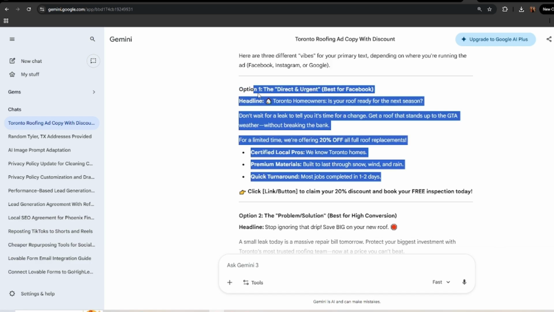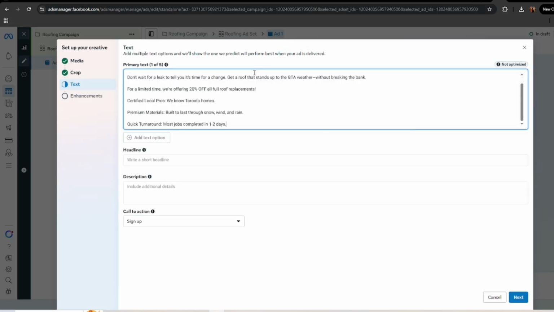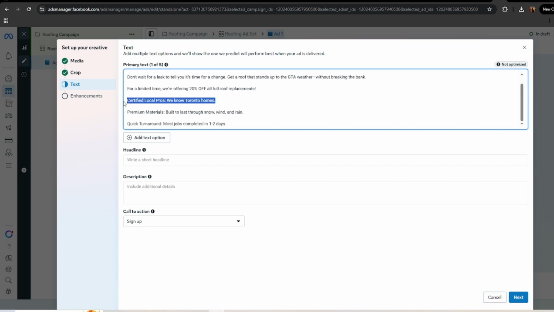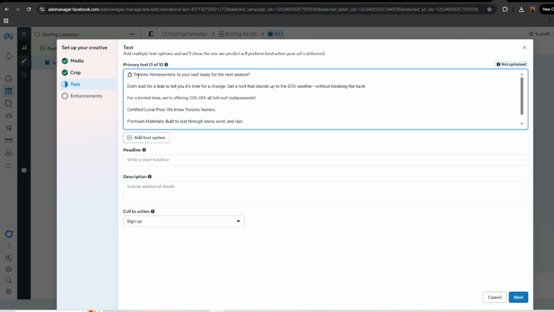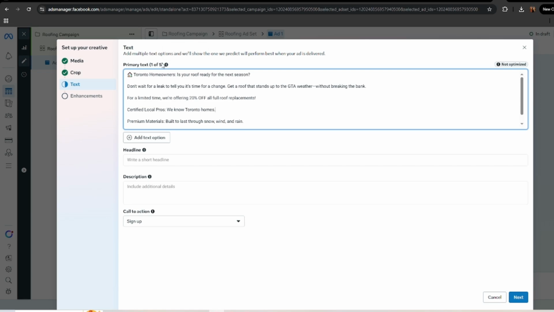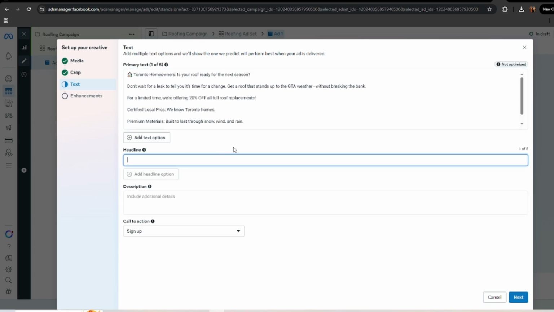You can ask them to just create this type of copy, and I usually like to edit it myself. So after I get this in, I just make some tweaks, and it usually performs really well. And you can make primary text that scales, A/B test it, see what's up. So for the headline, I usually like to do some type of offer. So even if it's just a free estimate, right? Put that in, right? Get your free estimate. Or even if it's something like 20% off roof replacement,